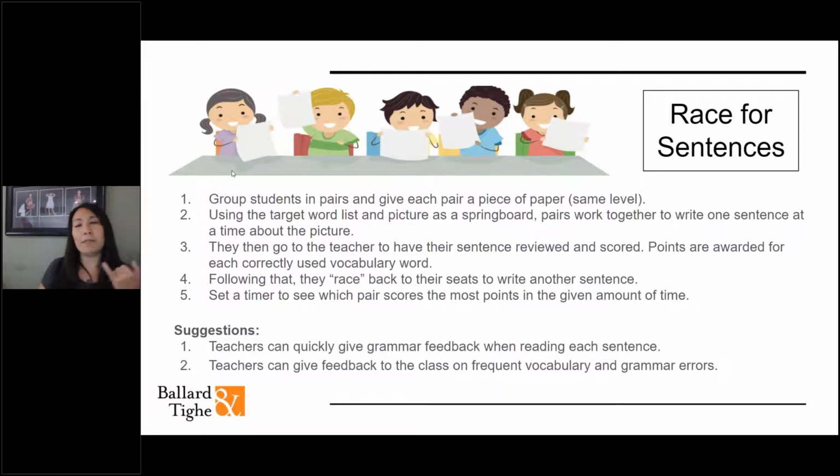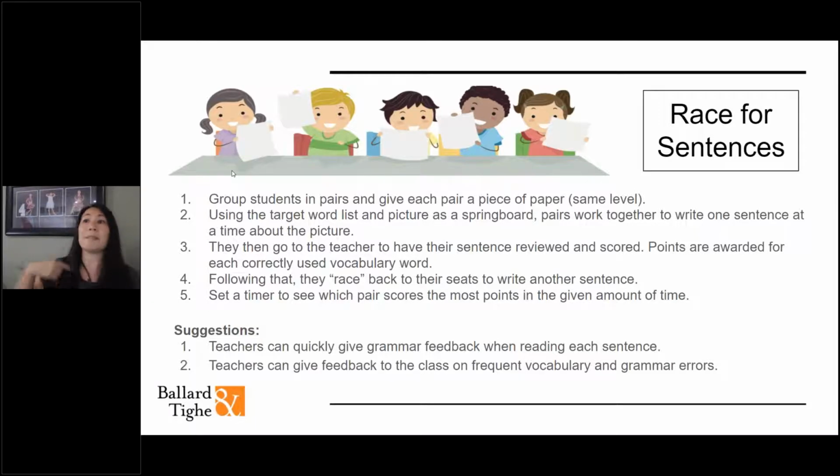The sentence could have 1 vocabulary word, 2, 3, depends on how that group wants to do it. Because for every word that's used correctly, they would get a point. And in the allotted time, they're trying to get the most points to beat the other teams. So the idea is that they're writing quickly, they're using a lot of the vocabulary, and then teachers can read